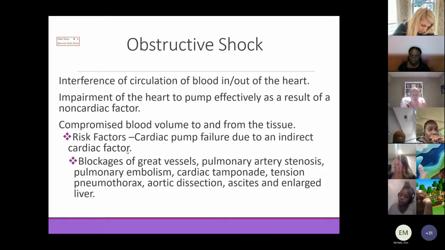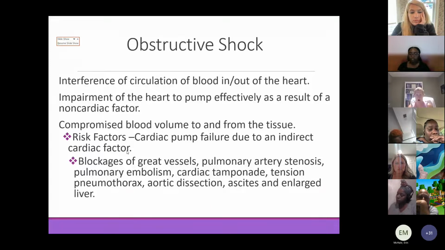All right, obstructive shock. So obstructive shock is anything that interferes with our blood being able to pump out of our heart effectively or back into our heart to get oxygenated again. It's usually a result of some type of a non-cardiac issue that's causing our heart not to be able to pump. So pulmonary embolisms, any type of blockage in our vessels, pulmonary artery stenosis, if our arteries get very, very constricted and we can't get the blood through,